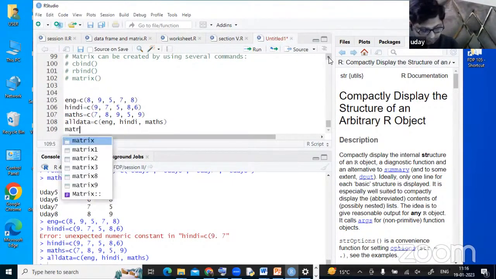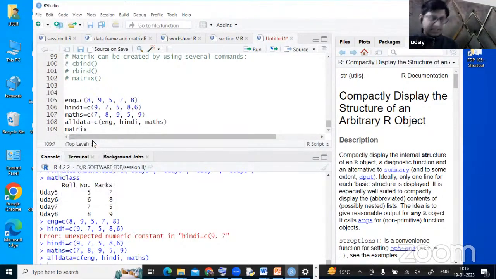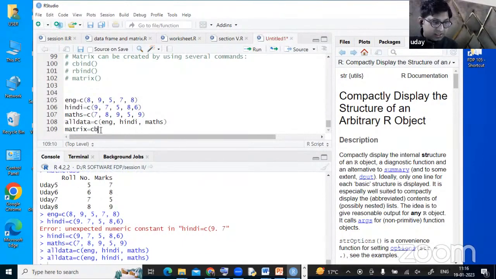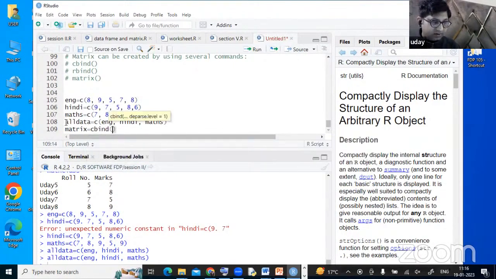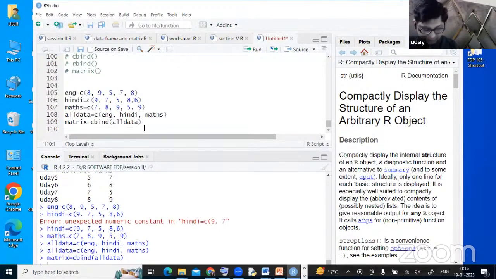So I'm using the name matrix. This is my data. So matrix is equal to, now I wrote there are three commands to make a matrix. So the first command is cbind. Let's see what happened in cbind. Oh, maybe I did not run the data. Let me run this. Okay. Now cbind, and I will copy all the data. Now when I run matrix,